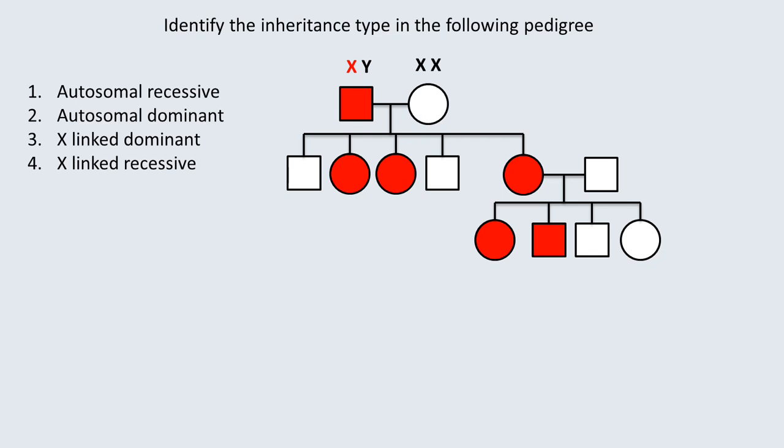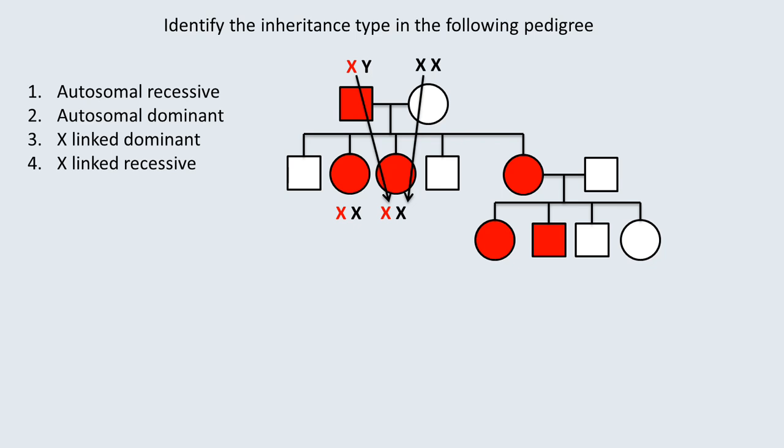So you can see that the females who are having the trait means that she is getting one of the X chromosome with the lethal mutation from her father, because her mother, both of the X chromosomes are completely normal, right? So she will receive one normal X chromosome from her mother, but the affected X chromosome is coming from her father. Similarly, another female in the second generation is also affected, because in the same way she is also getting that affected X chromosome and a normal X chromosome.